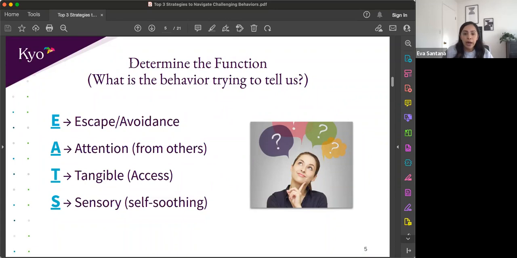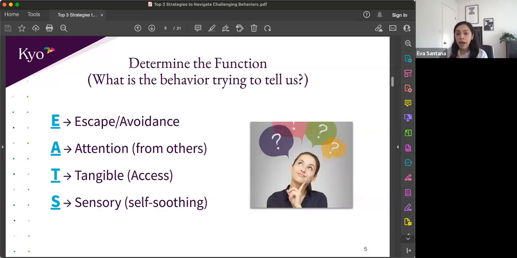So maybe looking at past occurrences, or even going forward, future occurrences, and saying, okay, is this child engaging in aggression because they want to escape or avoid something? Or is it because they want to get attention or get attention removed from someone? Or is it because they want to get access to an object or item, or is it sensory? So once you first identify the function of that behavior, then you can implement, actually all three of these strategies will be effective, but having that key piece of identifying the function will help you pinpoint why it's happening.